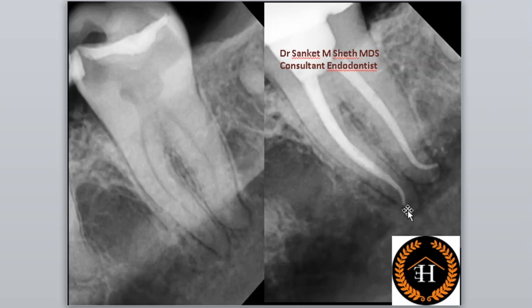When it's 0.0, it is over here, right at the exit of the canal onto the PDL. Look at this. This is the radiographic terminus, not the radiographic apex. This is the radiographic apex. So you must understand, and please compulsorily use an apex locator. Without that it's not possible to do endodontic therapy.